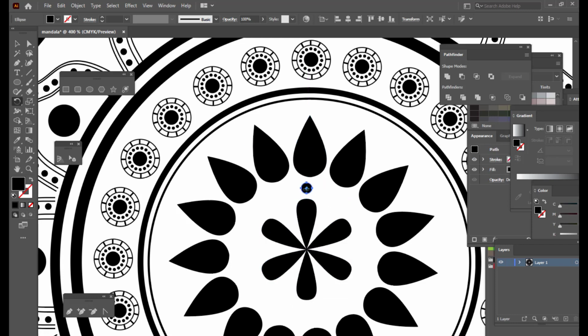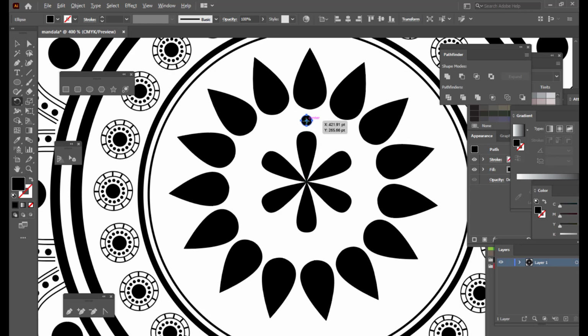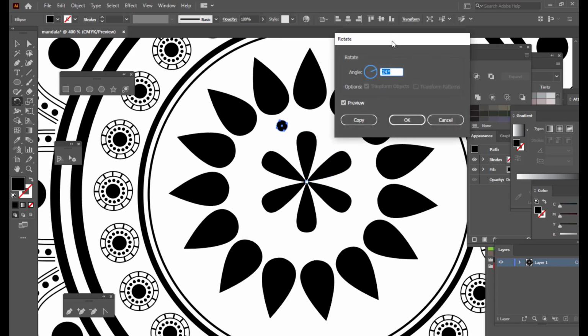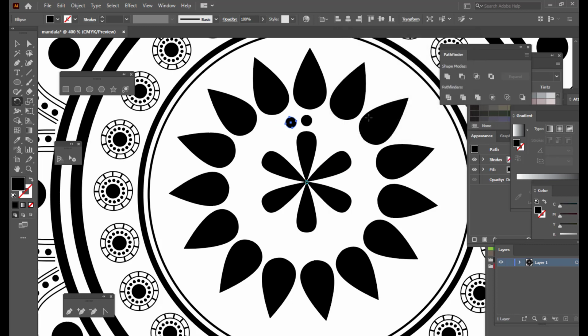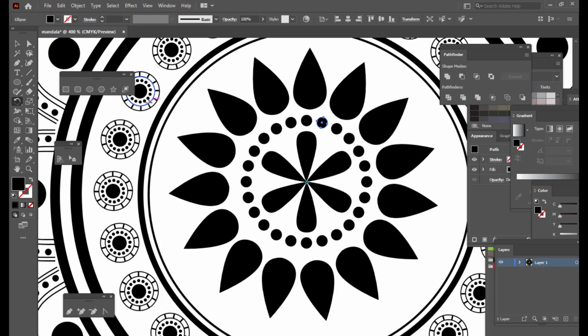And then we'll do the same thing. We'll just activate our rotate tool, and then we can just use the 15-degree angle here. Just hit copy and hit Ctrl plus D. Right,